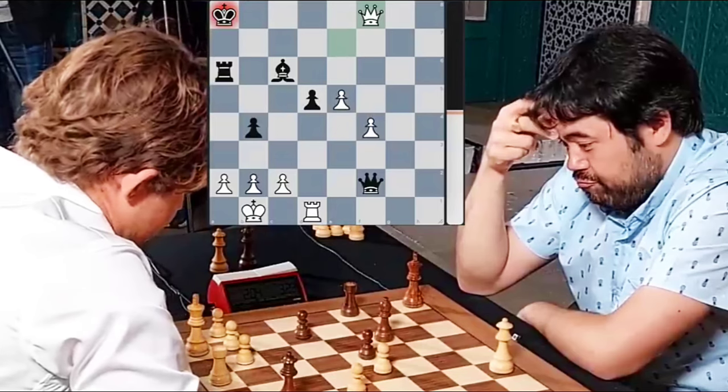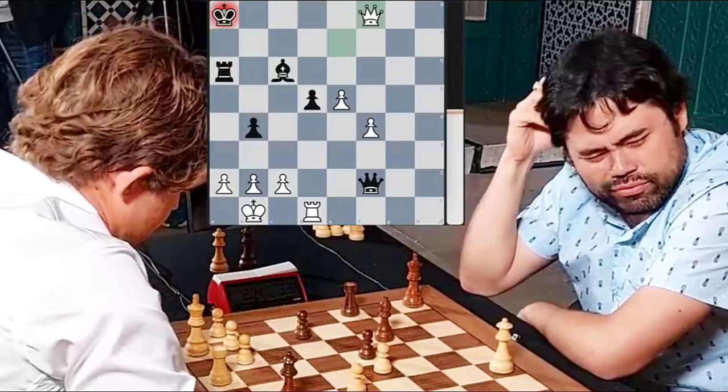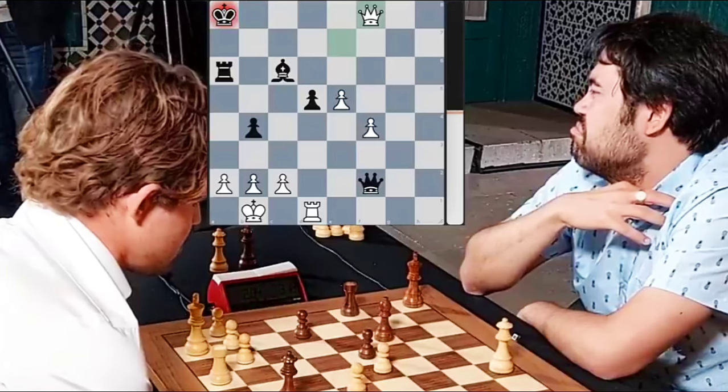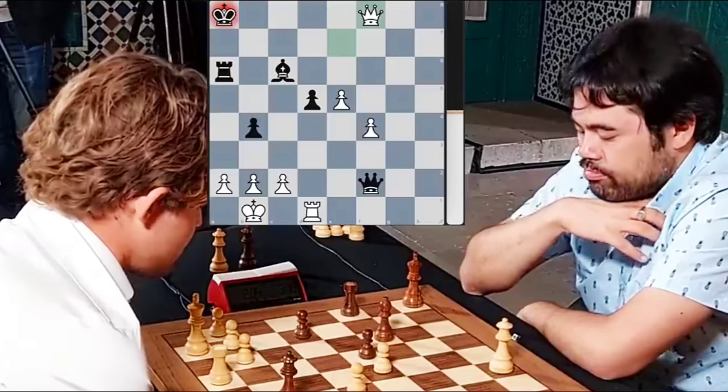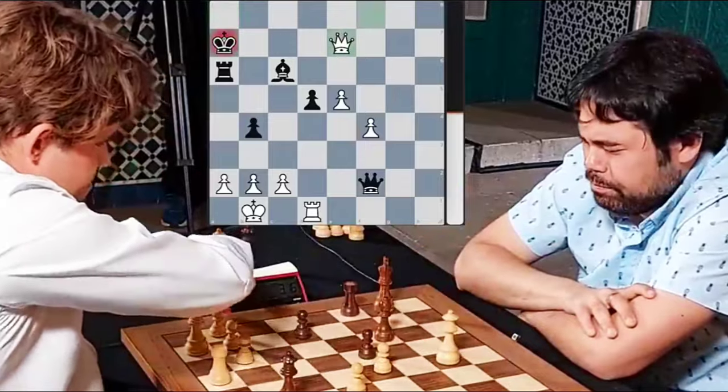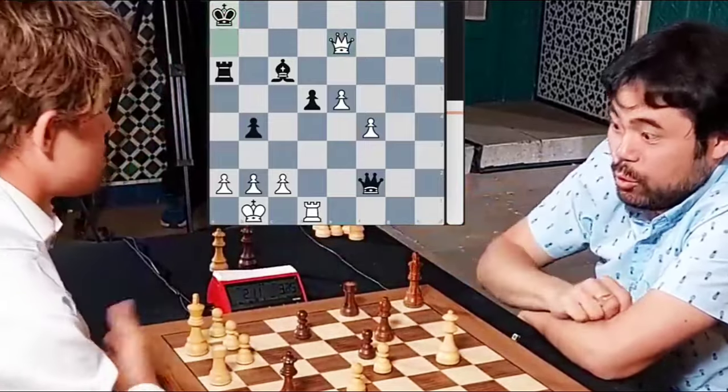Well, whether Hikaru should play or not is an open question, because the position is not really favoring him. You can see his expressions. He really wants to play on, but what to do? Magnus's position is better. He goes king a7, and now another check, and I think a draw will be agreed. Both of them look